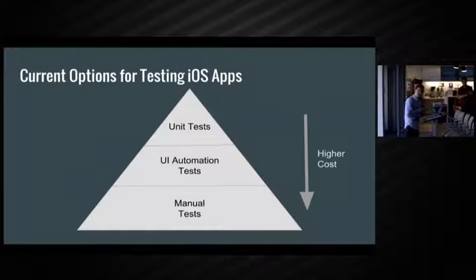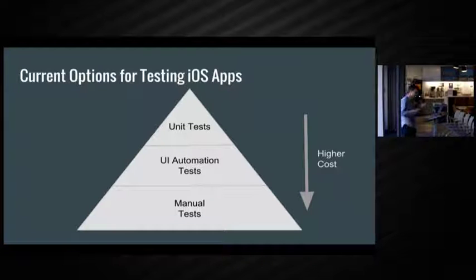The second thing you can use is automation tests. There are the Apple provided solutions of UI Automation and also the new UI testing framework. There's also a bunch of open source libraries for this, such as KIF, which is what we're using internally at LinkedIn. There are two types of automated tests. There are white box tests and black box tests.